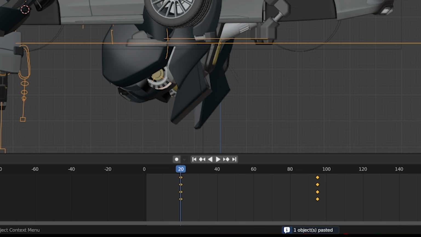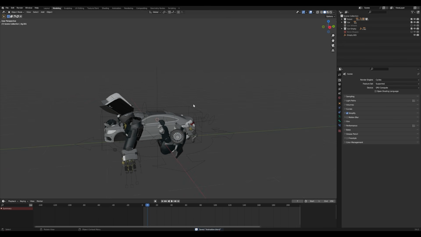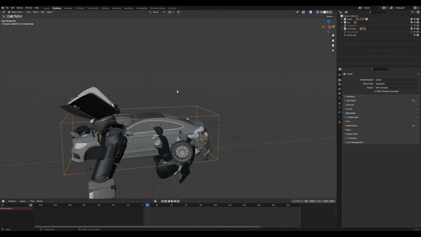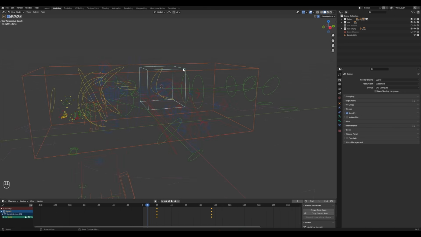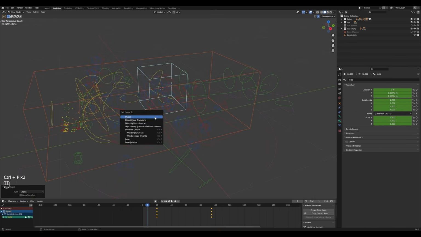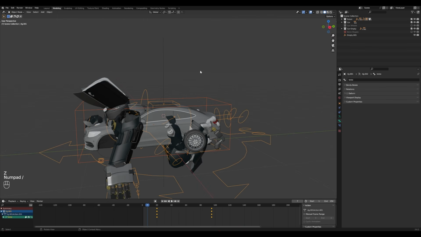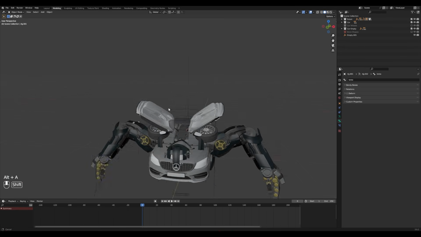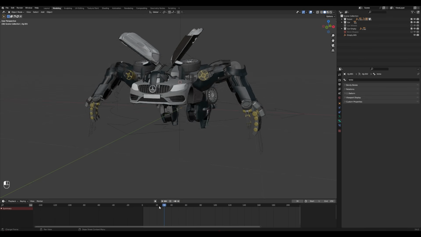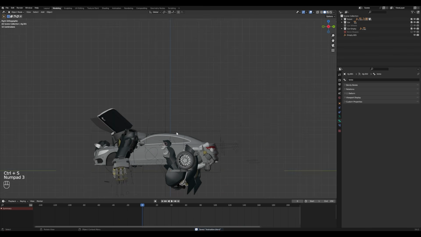At the keyframes as well, about here it is okay. So now I will select the main car empty, and in this pose, select the armature, and then go to pose mode, select this torso bone, and hit Ctrl T and choose bone. Now you will see the car will lift and follow the torso movement of the robot. Here you can see. So this is the basic idea of the animation. The car will be lifted up and the robot comes out.